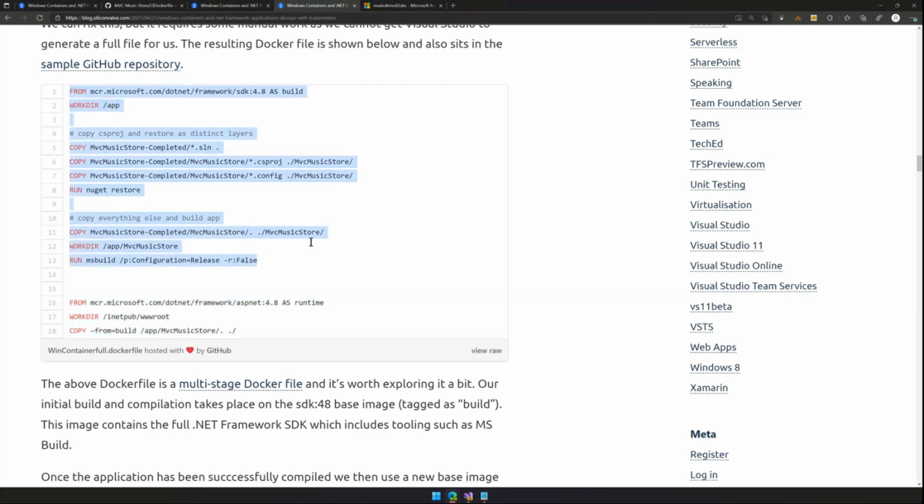So think of these first 13 lines as effectively doing what Visual Studio does for you today. This is the traditional F5 style approach, which gives you a binary output. And then this final stage is actually copying it to the host where it'll run finally. So if we didn't do this, we'd basically just be copying source files that weren't compiled into a container and they wouldn't run.